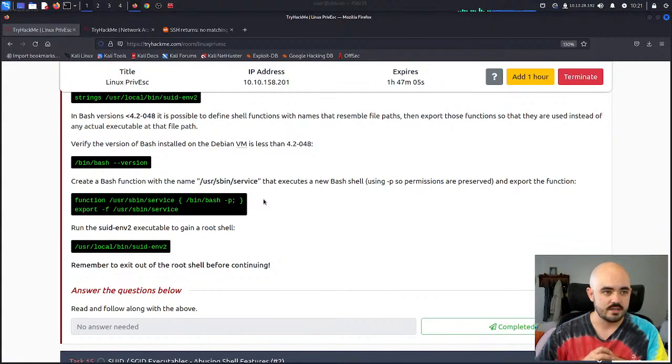They just say find the flags and give you an IP address. This one is on the opposite side of the spectrum. They literally tell you every single thing to do step by step and give you all the code, which is great if you don't want to do research, but don't get used to it. So anyways, I just wanted to run through it, and I didn't want to edit the video, so I'm doing a live stream. function /usr/sbin/service { /bin/bash -p; }